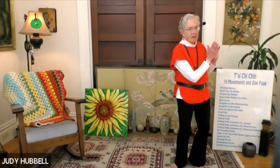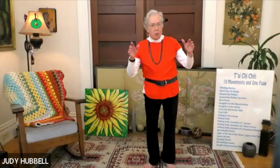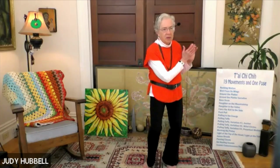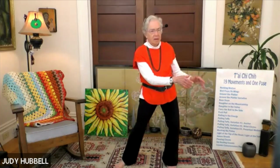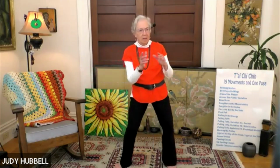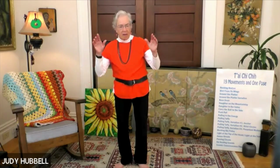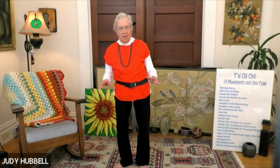We don't really drop very low, and that's to protect our precious knees. But we do drop a little. It's the sinking, rising element of what we do. Now we rise to inhale. You could do that each time you move if you like. Let's rise to inhale and sink and double ground it